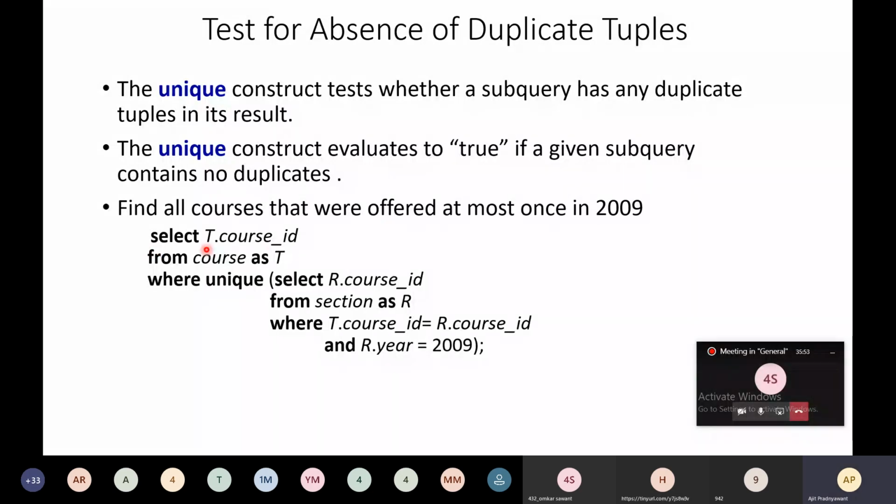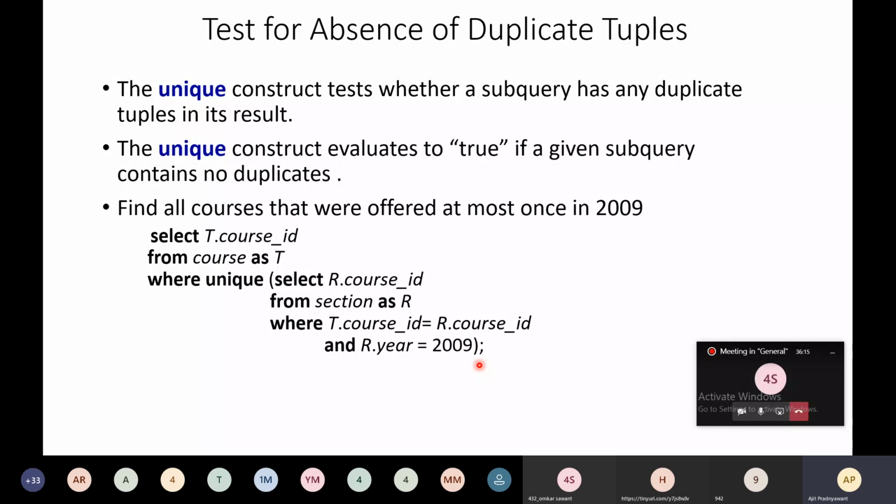Select t.course id from course as t where unique, select r.course id from section as r where t.course id equals r.course id and r.year is equal to 2009.